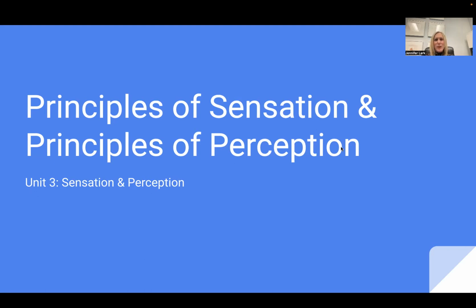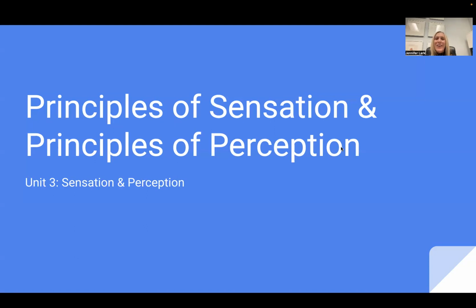I think sensation and perception are fascinating. Just to give you an idea of some of the things that we're going to be thinking about together during this unit, try to imagine what your world would be like if you could no longer see in color, but only in black, white, and gray. Or what if you could only hear extremely high pitched intonations and nothing else registered in your brain? Or what if you could only taste bitter and salty food, but not sweet? That would be the saddest for me, I think. Or what if you totally lost your sense of touch?